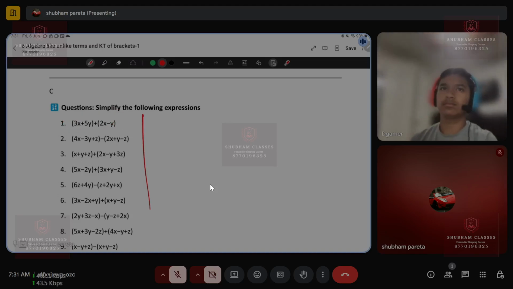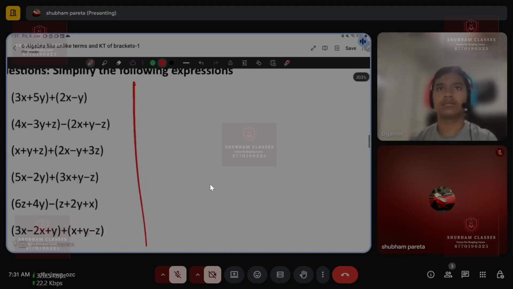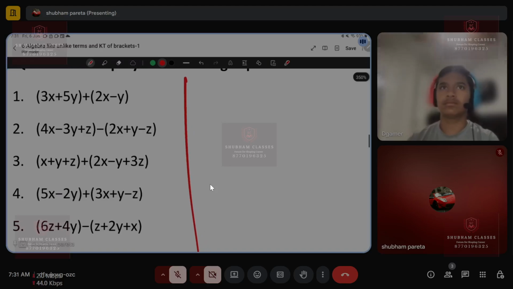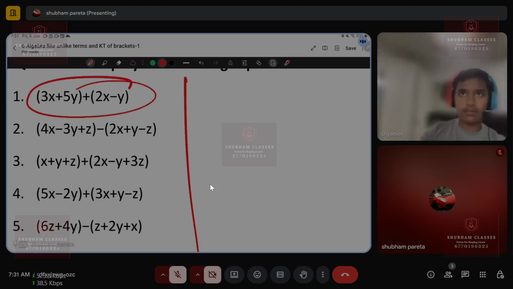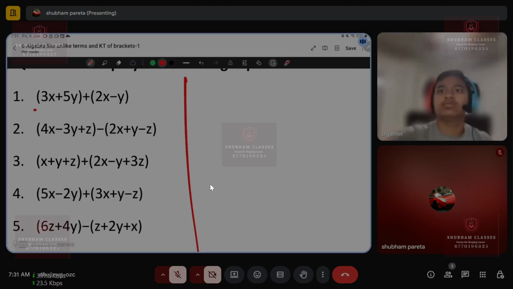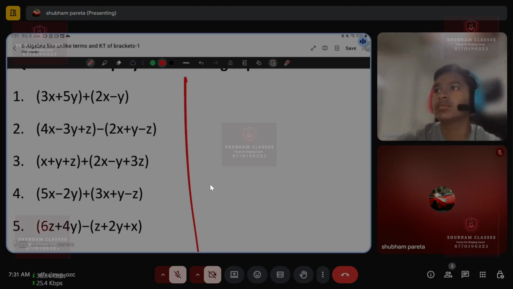How many brackets are there in this? I'm increasing the font. Now is it more clear? Okay. So here, as of now, you can see there are two brackets. In these two brackets there is no such issue,